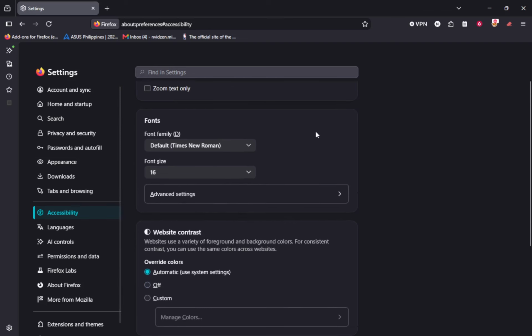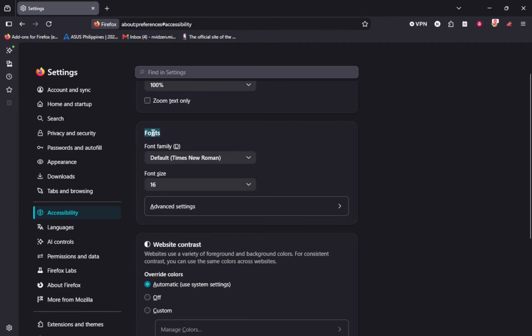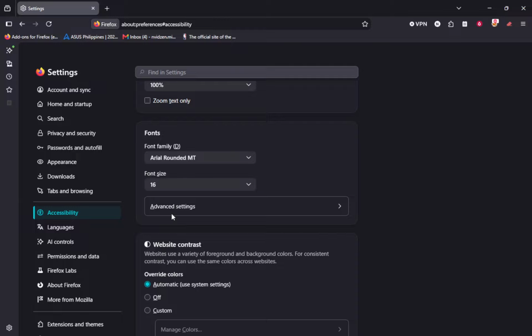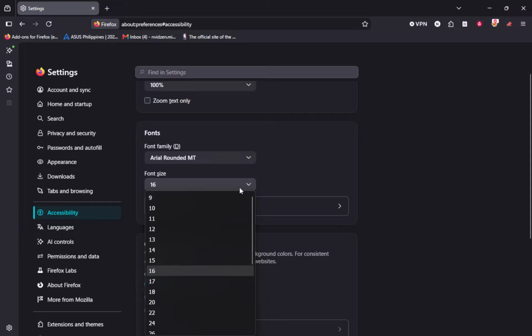Here you will see controls to choose your preferred font and font size. Click the font name to pick a different style, and use the size control to make text larger or smaller until it feels comfortable for you. Firefox saves these changes automatically as soon as you make them, so you do not need to look for a save button. Next up, if websites are using a strange font that does not match other browsers, we will adjust